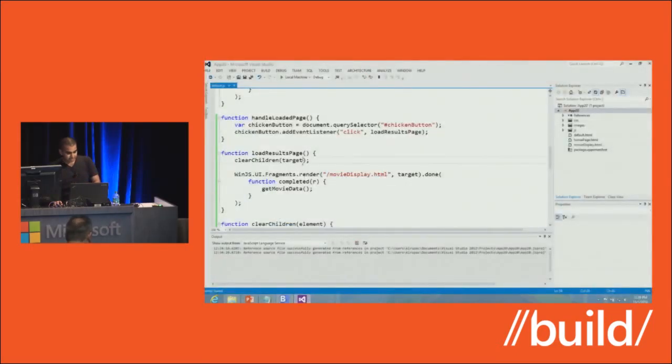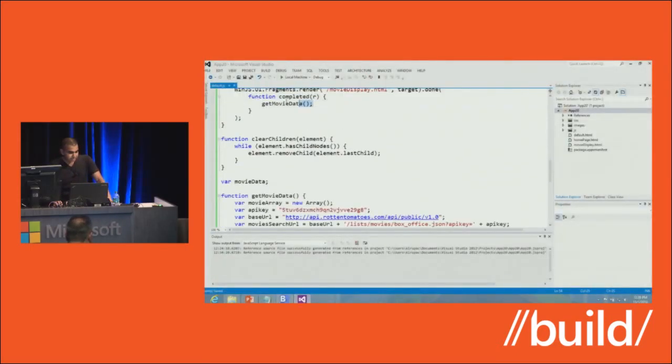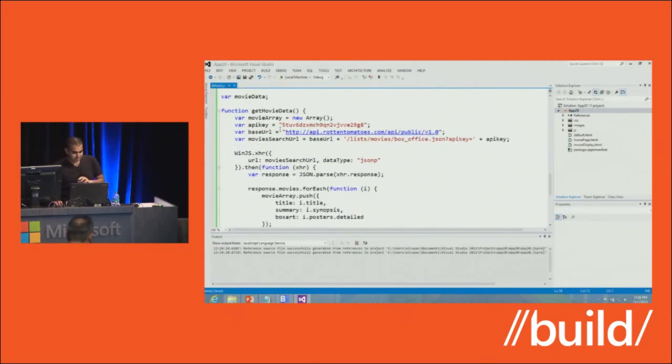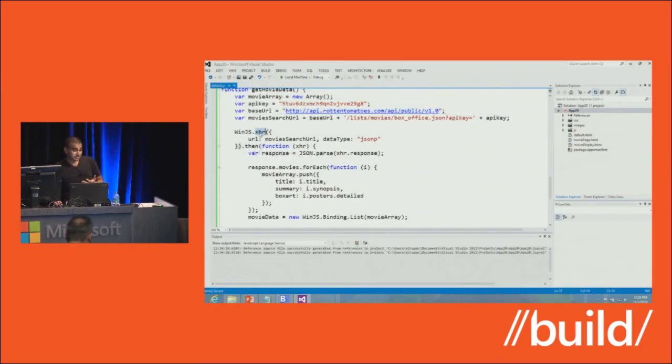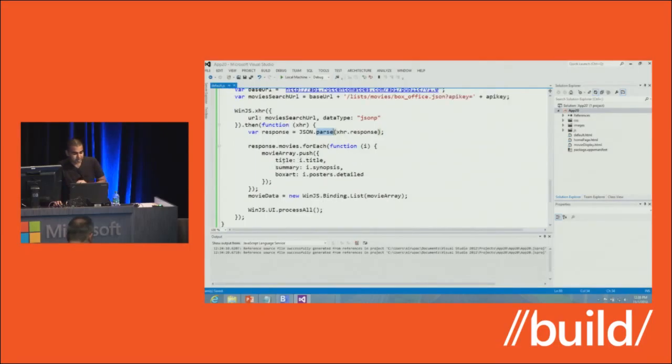Let's take a look at the data that is going to be generated for us. getMovieData is the function that gets called once the movie display page is loaded. And it's very simple. You have my API key. Please don't use it. What it does is make a simple call using the Rotten Tomatoes API. I return the data as JSON. I use the Windows JavaScript library's XHR call just to make that request. And I parse it very easily by just using the response property, which is standard across all of these requests. And this is the important part: I'm going through each data item that is being returned and creating a title property, summary property, and box art property that contains the exact information from the data